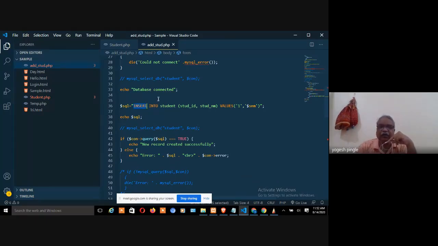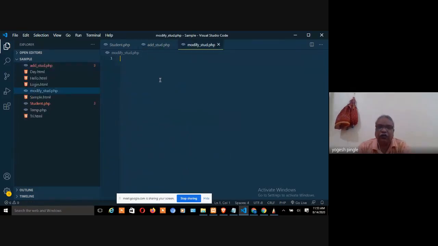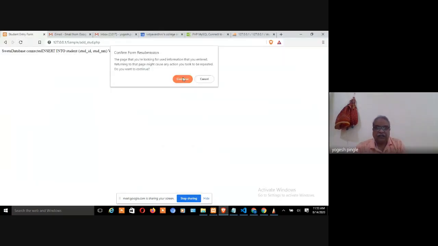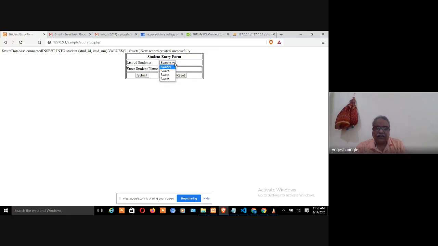Now let's say I want to modify the record. So what you have to do, you create one more file called modify_stud.php file. नया फाइल लिखो, कॉपी पेस्ट करो, उधर कोई चेंज करो अपडेट का. What you are going to update, the student name. But which student name, whatever you have selected, the name. यानी अभी देखो इधर, राइट, इधर देखो अभी ये 3 आ गया है. So let's say ये श्वेता का आईडी चेंज है सपोज, राइट.